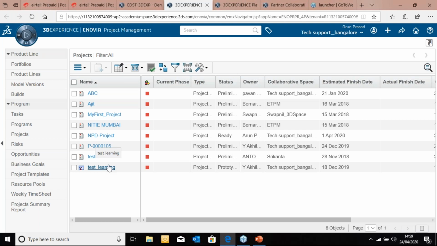These three business verticals are defined as a program in this particular solution. And within that, I can have n number of projects defined. At the same time, I can have visibility about each and every project across each and every program or business vertical. Let me quickly take you to one of the projects. I'll just click onto this NPD project.